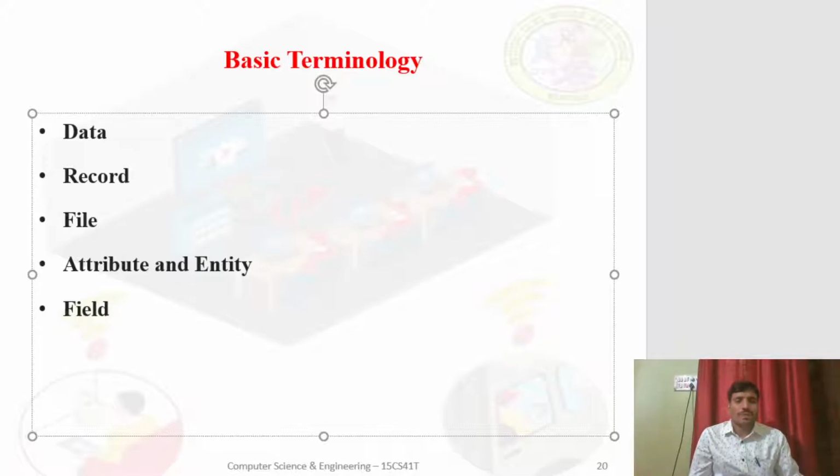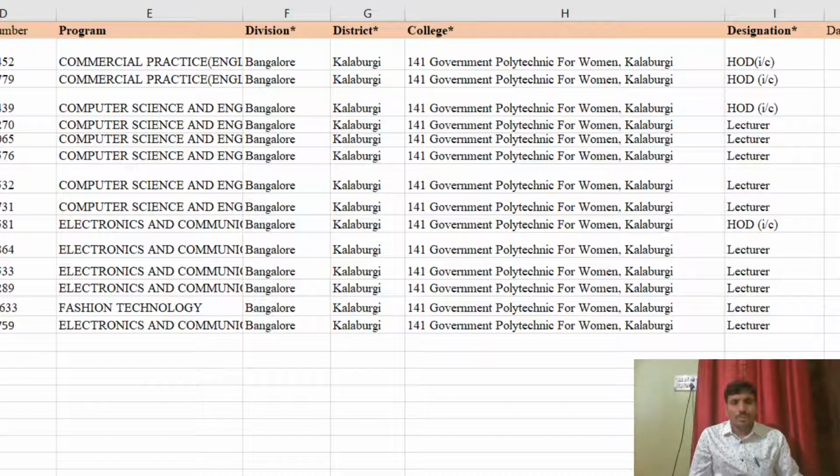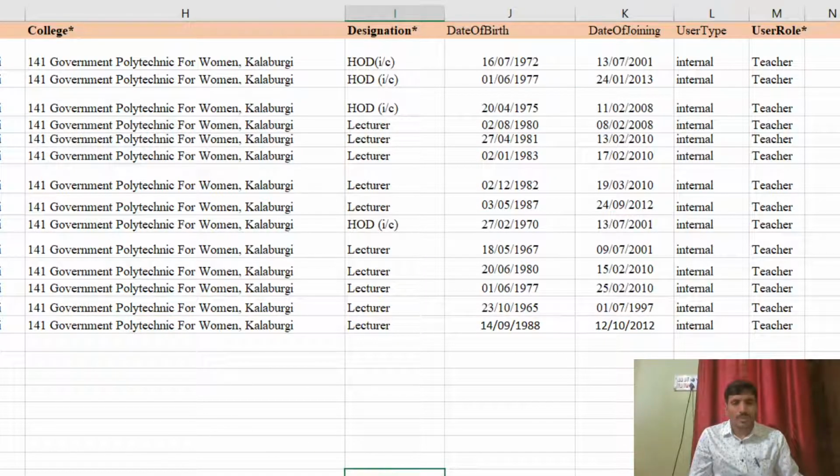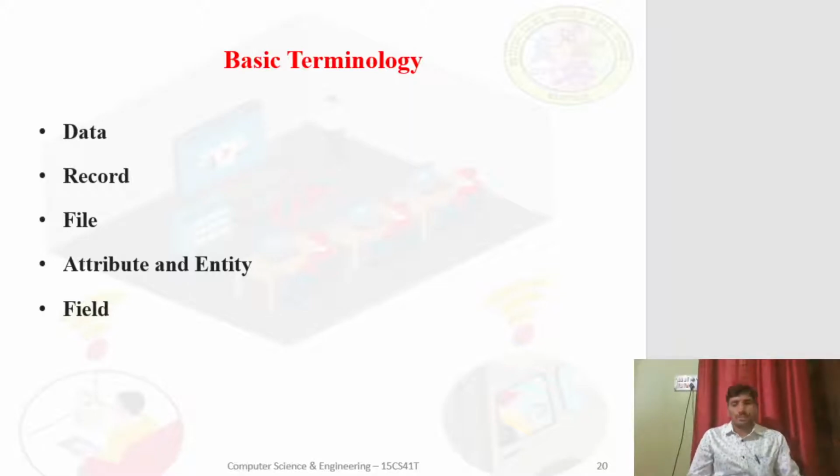Field is a piece of data. If I take any of the cell in this, let me show you once again this file, right? If I take any cell, right, that becomes a field. Okay, students. So it's a piece of information or piece of data, that we call a field. Okay students, this is about the terminologies which are frequently used in data structures. Fine.